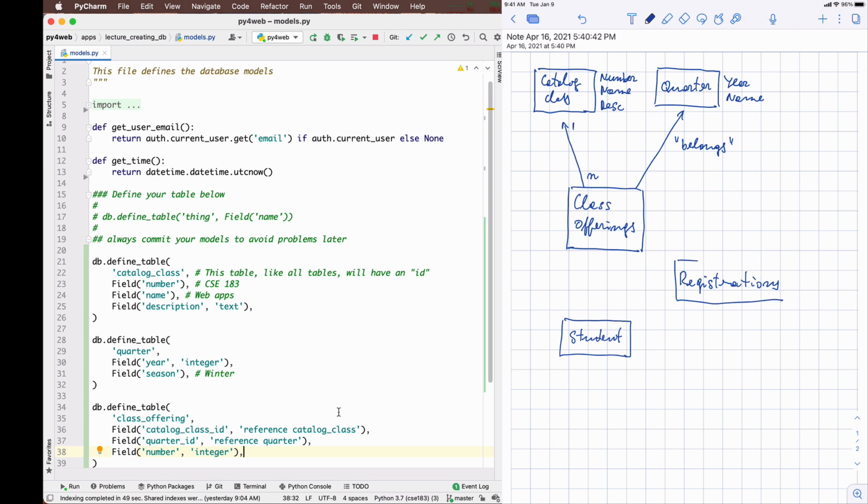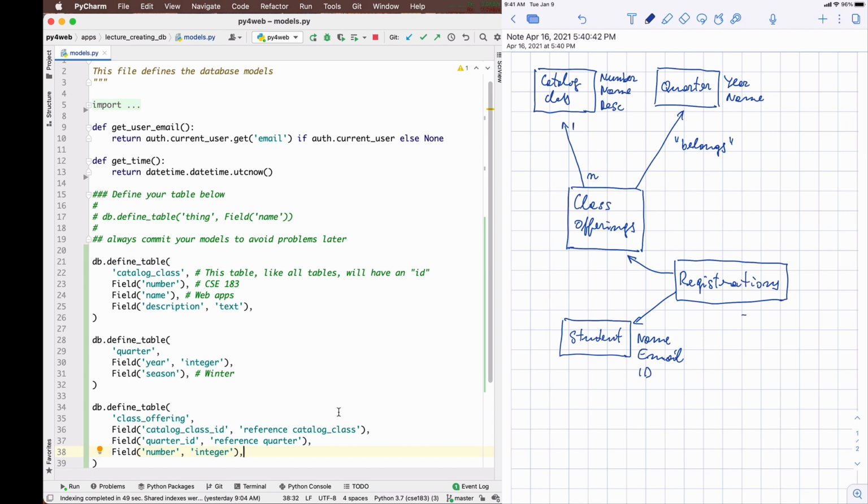Okay, so this keeps track of who is registered where, and the registration is for a particular student in a particular class offering. Okay, so the student has a name, an email, and has an ID.